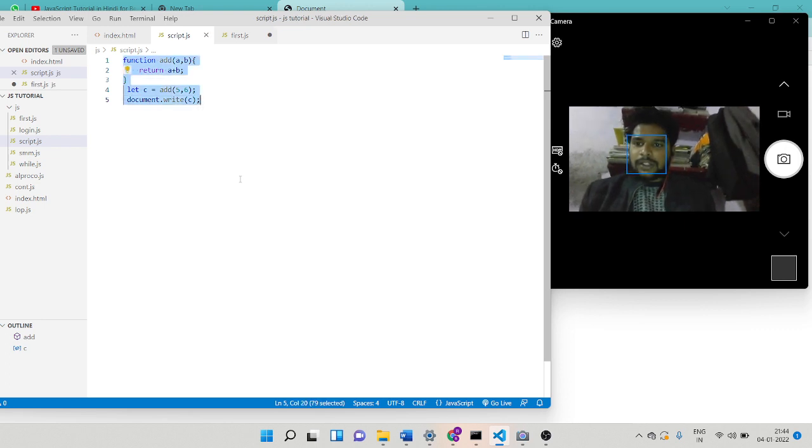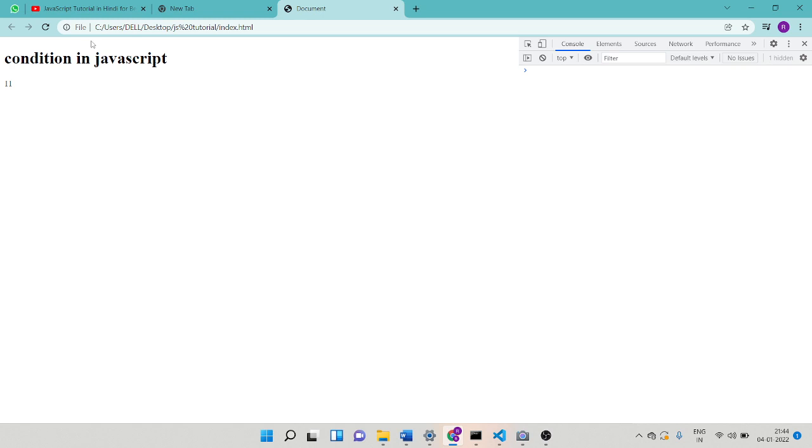Again save the file, go to the browser and refresh the page. The answer is showing 11 under c.